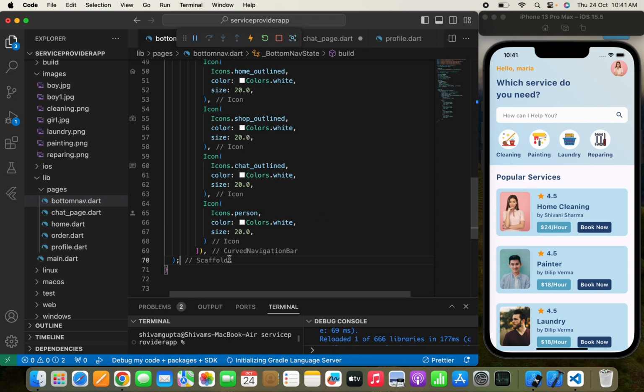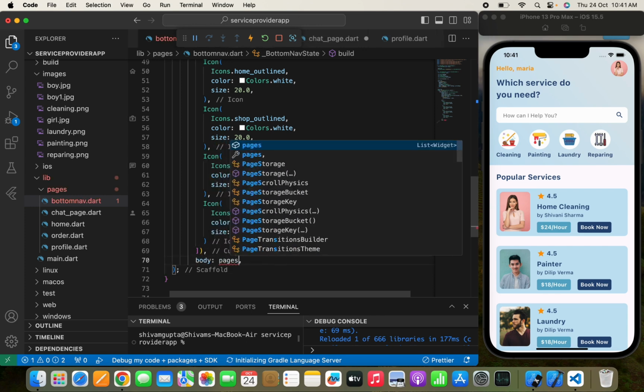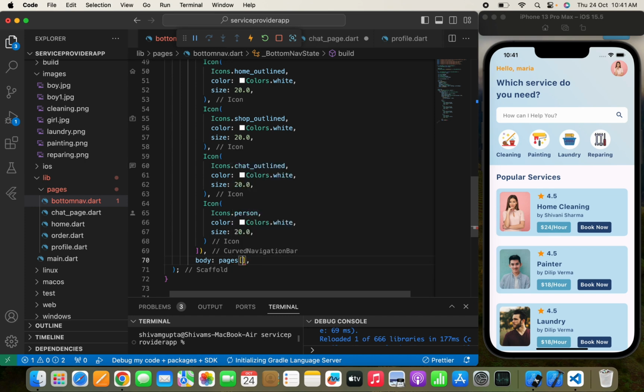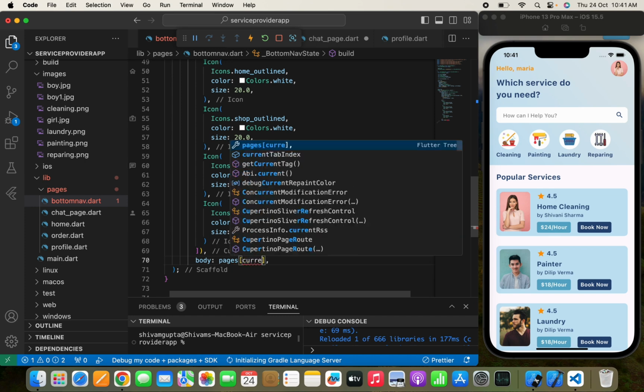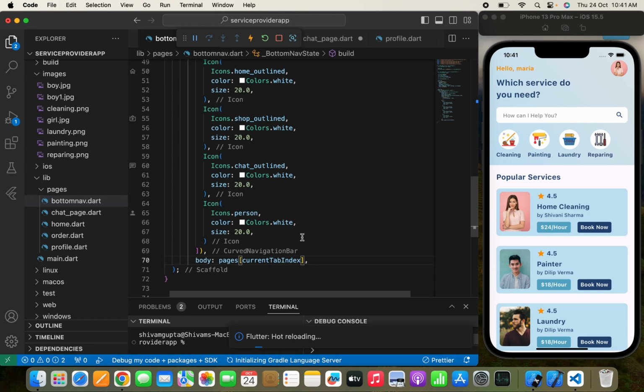Now after this, the main thing, do not forget to pass a body, otherwise you can't see the current page when you tap that respective icon. So we'll pass current tab index. So here it is done. As I've told you, pages is in the form of a list, so current tab index will keep the count of the icon that the user presses in the curved navigation bar, and it will simply navigate to that page. So let's call this,